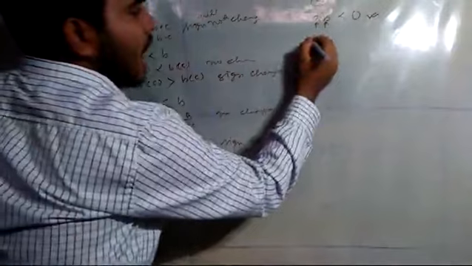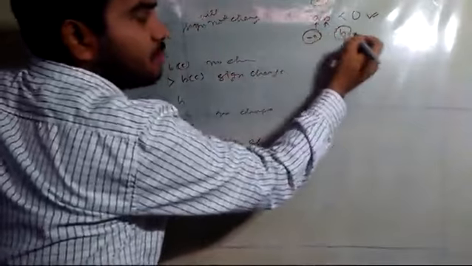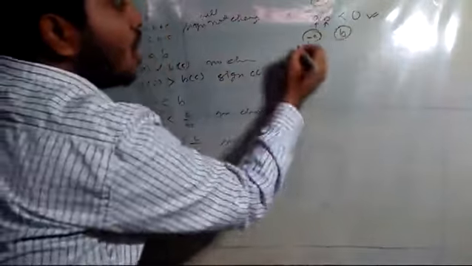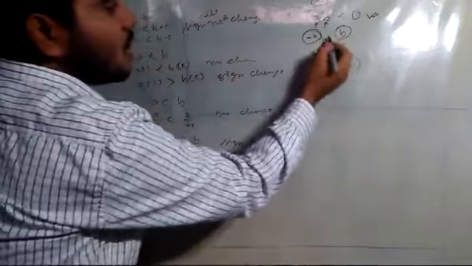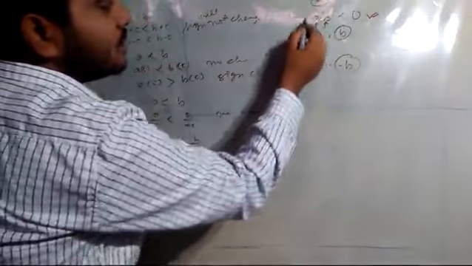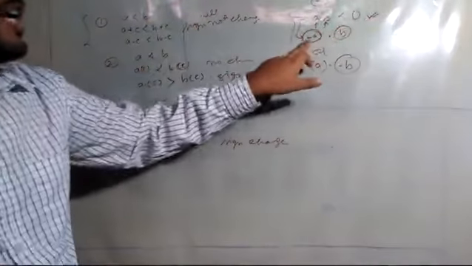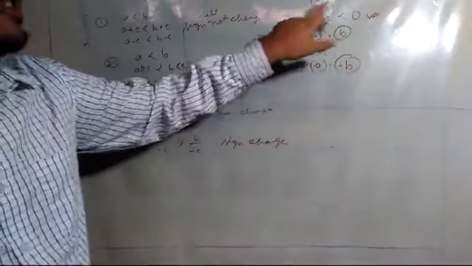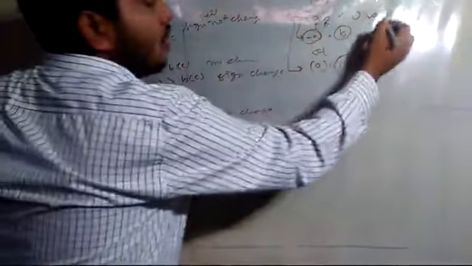Now in this case, either A can be negative and B has to be positive. This is one case. A will be negative and B will be positive, or A will be positive and B will be negative. Then only this particular statement will be true. If A into B is less than 0, then minus A into B will be minus AB, which will be true, or A into minus B will again be minus AB, which will be true. So this is the meaning of the statement that A into B is less than 0.